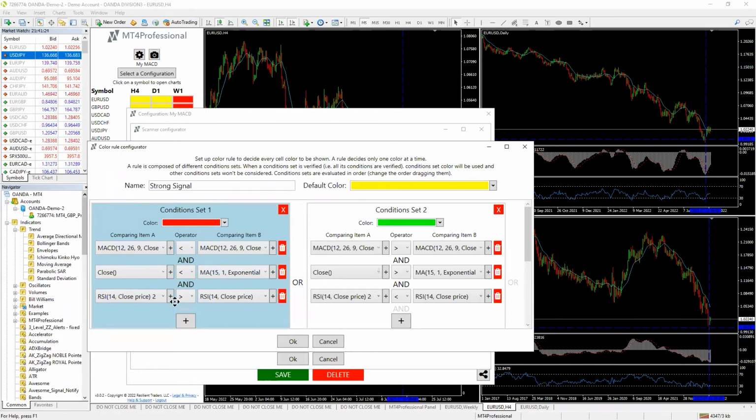If none of these conditions, or even if one of these conditions is not true, this would not be evaluated. It would not be turned red. It would go to the very next condition set, which is 2. It would look to see if, well, if this isn't true, then I've got to check these. Is the MACD greater than the signal line? Is price greater than the 15 period? And is my relative